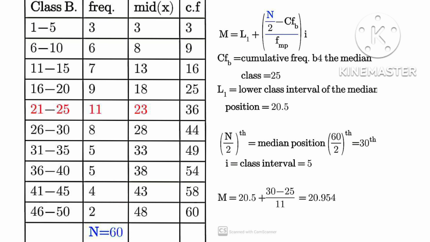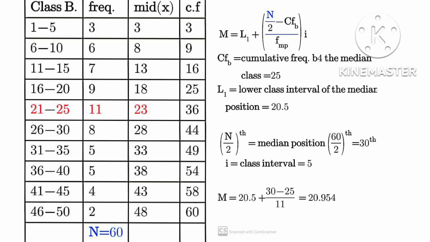11. We have the lower class boundary or the real limit is 21 plus 20 divided by 2, or you subtract 0.5 from 21, so you have it to be 20.5, and that is L1. Then CFB is the cumulative frequency before the median class. The cumulative frequency of the median class itself is 36, but the cumulative frequency before the median class is 25. But don't forget n over 2 is 30, so